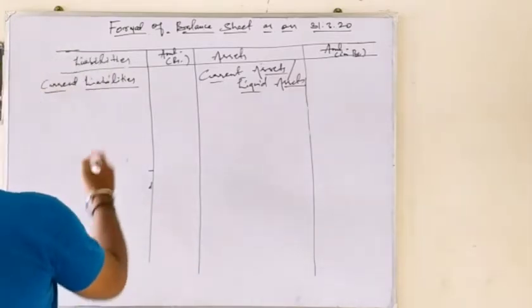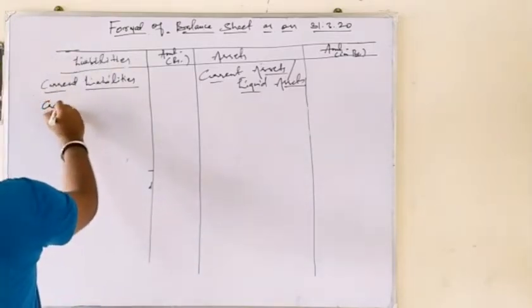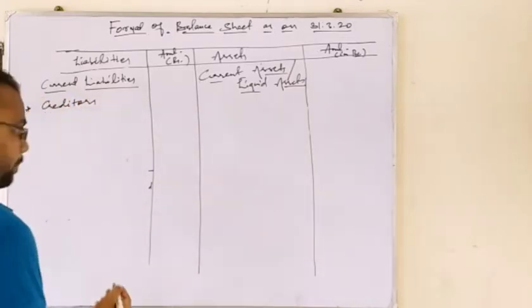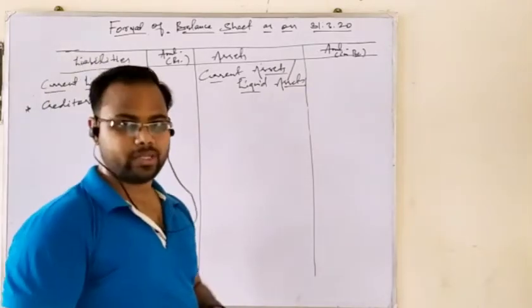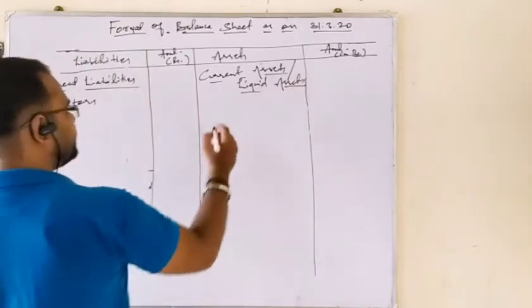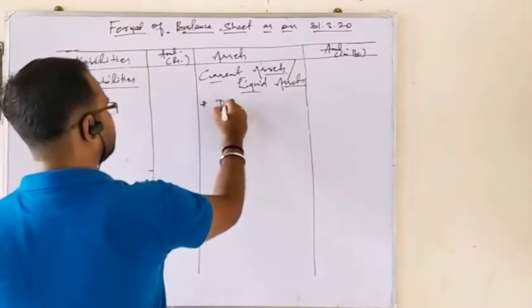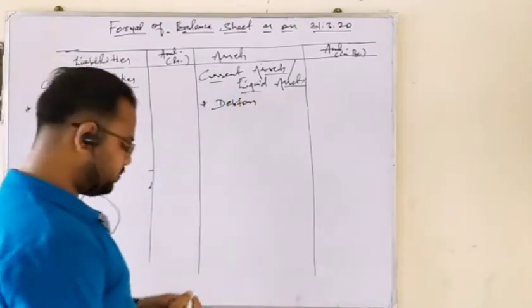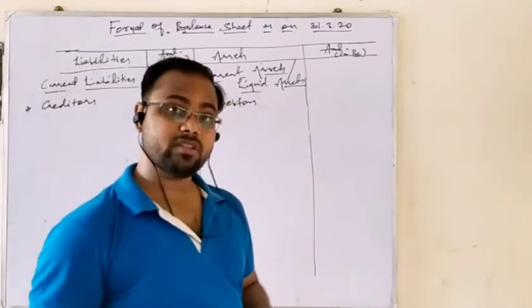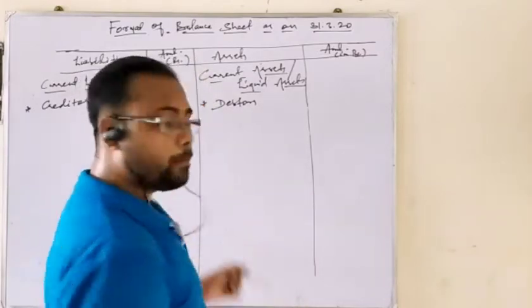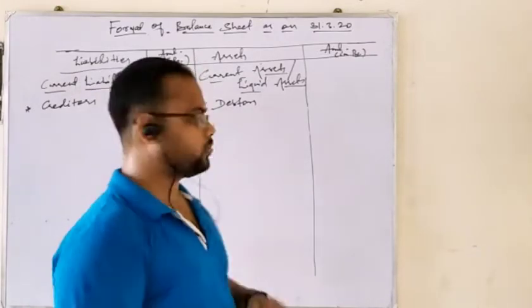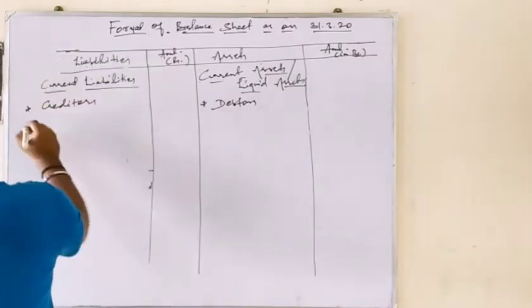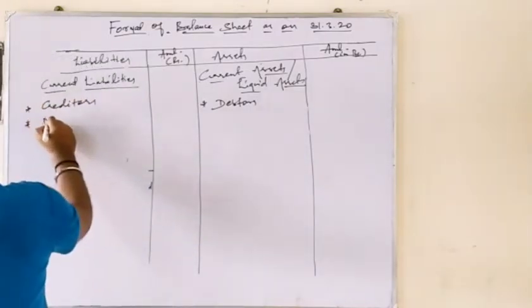So among short-term liabilities, there are creditors. You know what creditors are? The persons or suppliers who lend goods to us on credit. So here you can write creditors. Here the opposite will be debtors. Debtors means the persons who take goods and services from you on credit, whereas creditors provide us goods and services on credit. So it is the opposite. Clear? Then money lenders.